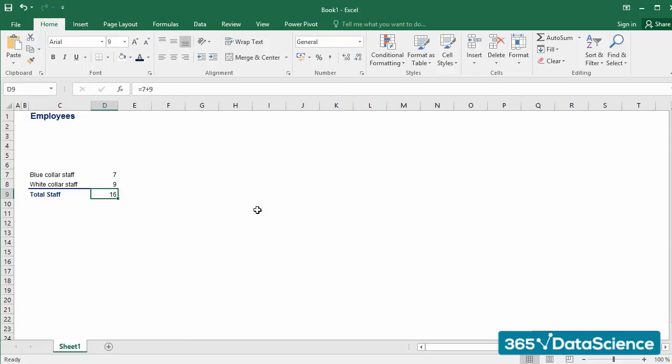The other way to include arguments in a formula is to use references within the sheet. As in this case, I have the two numbers 7 and 9 in the two cells above, D7 and D8. We need a way that will allow us to point at these cells. When you are in edit mode, you can use the arrow keys or the mouse in order to select cells